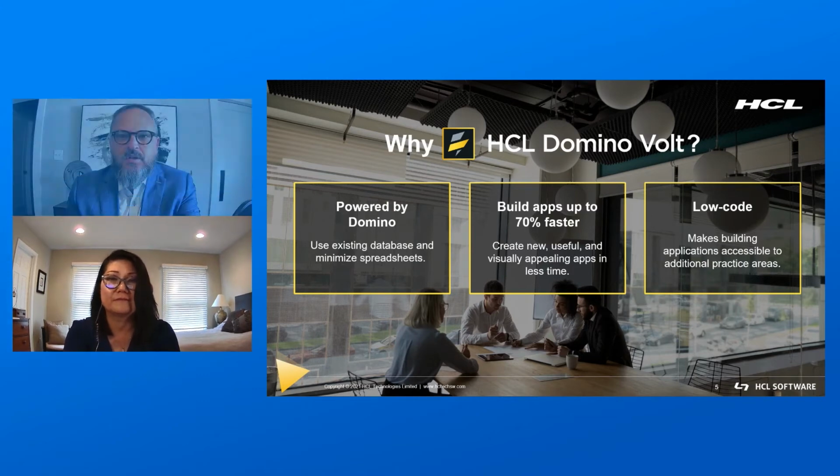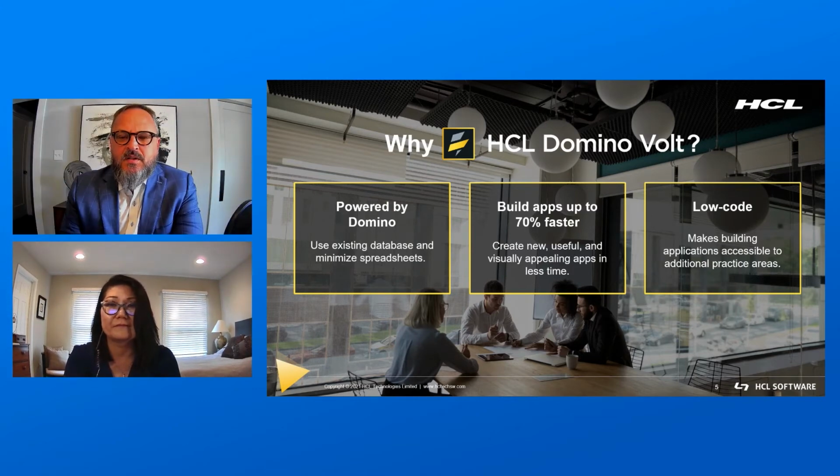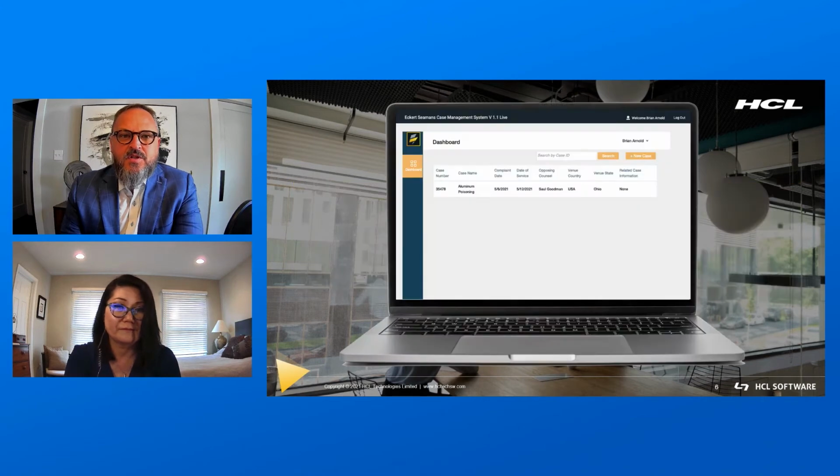Yeah, we'll talk a little bit about those future items, but let's take a look. Corey, if you can go to the next slide. We've got a couple screenshots of the application, and Carol, if you can walk through, I'll fill in some functionality, but this first screen, we're just looking at, obviously, users logged in and can see a dashboard of cases that they're working on. What would they do from this point here in this screenshot, at least? Sure. They would create a